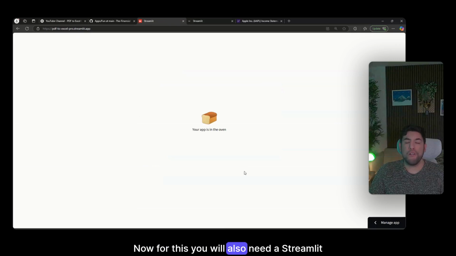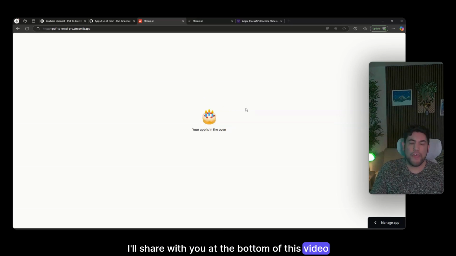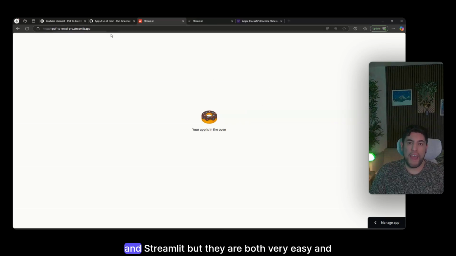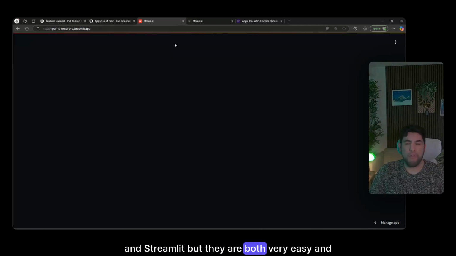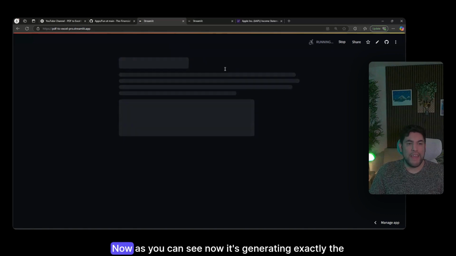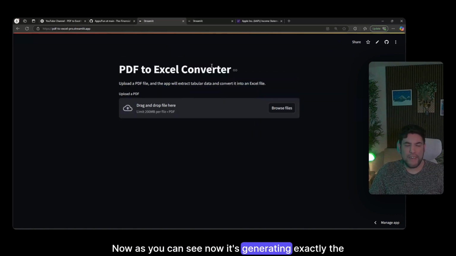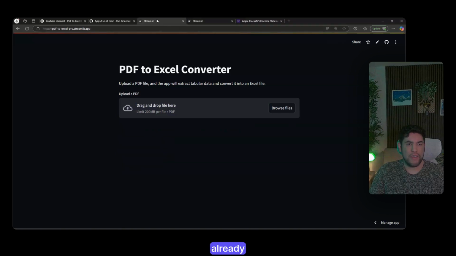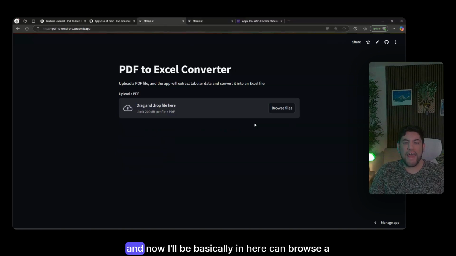Now for this, you will also need a Streamlit account, but again, this account is also for free. I'll share with you at the bottom of this video exactly how to create an account for both GitHub and Streamlit, but they are both very easy and free. Now, as you can see, now it's generating exactly the same thing that I had on the other one that I was already creating. And now I'll be basically in here, can browse a file on PDF and it will